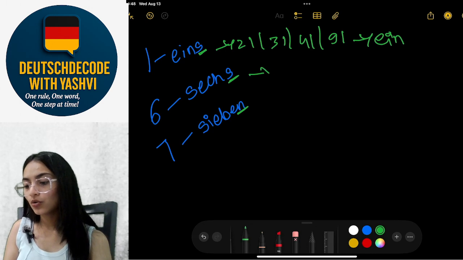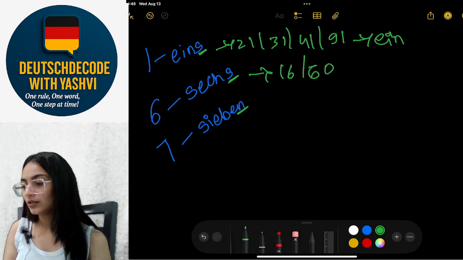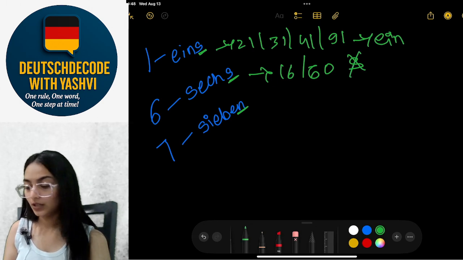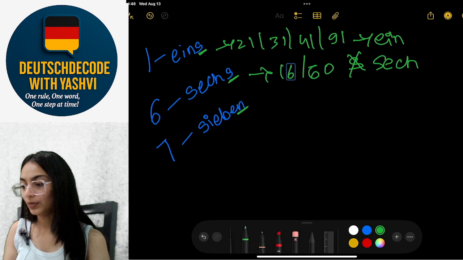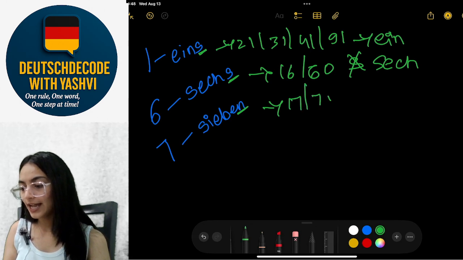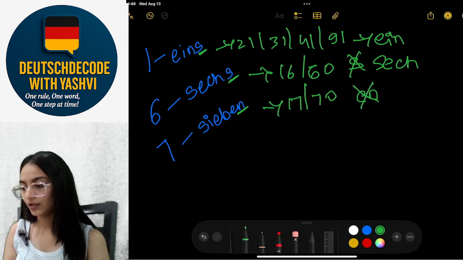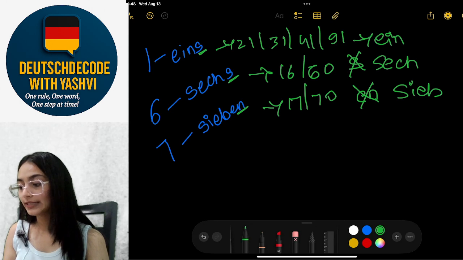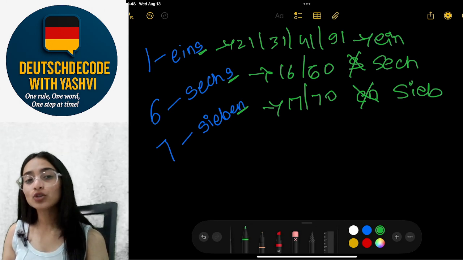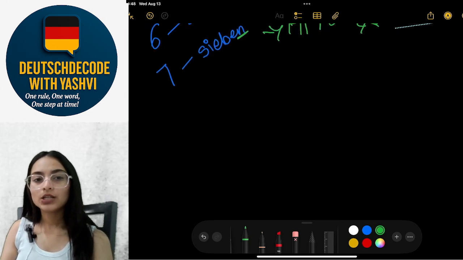For this, only for 16 and 60, the S has been eliminated. So the spelling would be six. Here again, for 17 and 70, the EN would be eliminated. It would be Zeeb. And how Germans usually think is, if I have to say 11 and 12 are 11